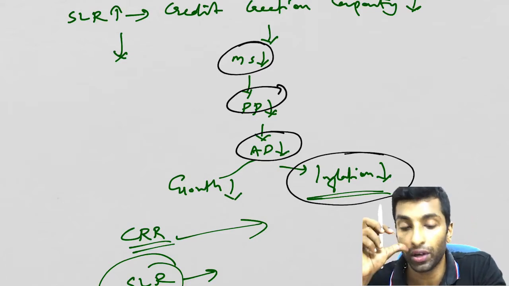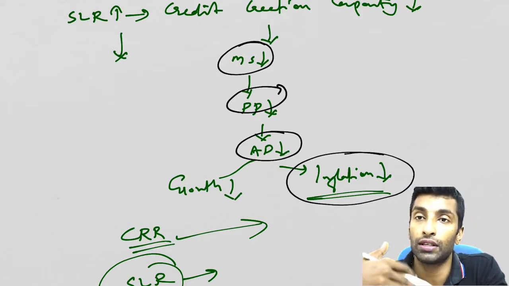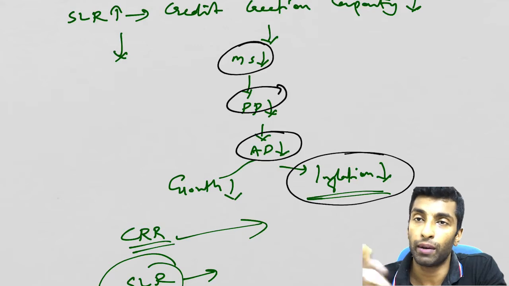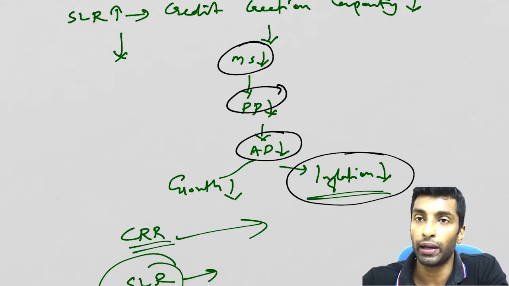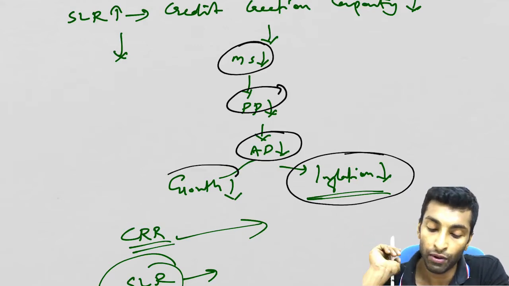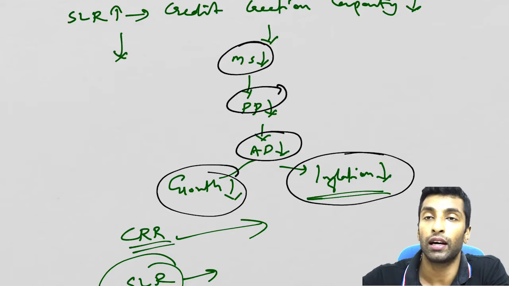So to control inflation, what you need to do? You can increase SLR, you can increase CRR. When it comes to repo, reverse repo, I'll tell you the same thing only. We'll see that today itself. But the problem is growth actually